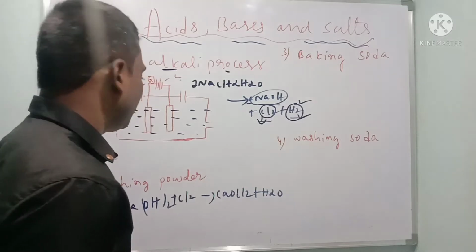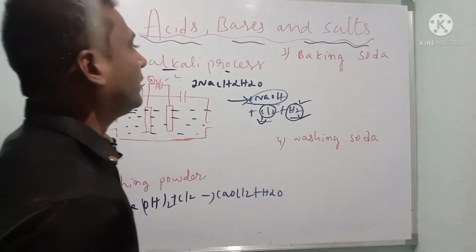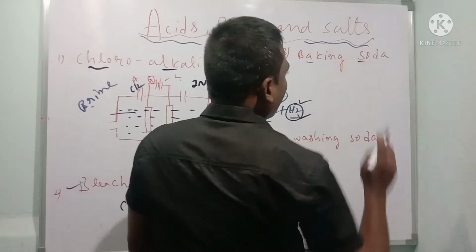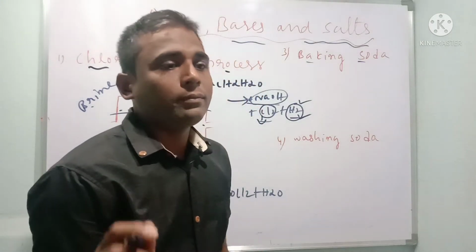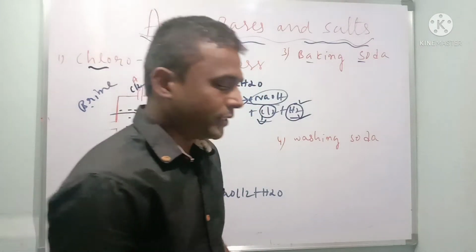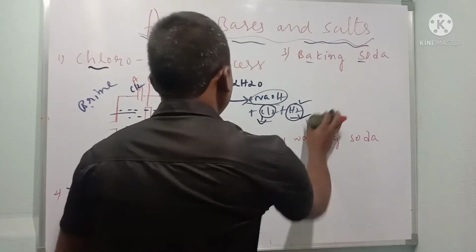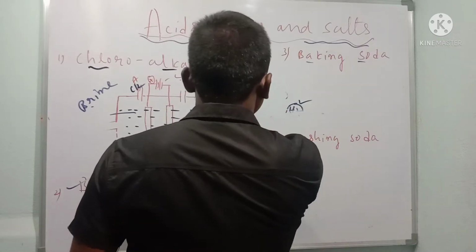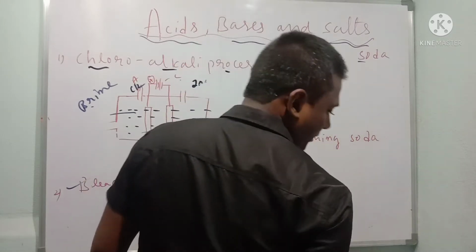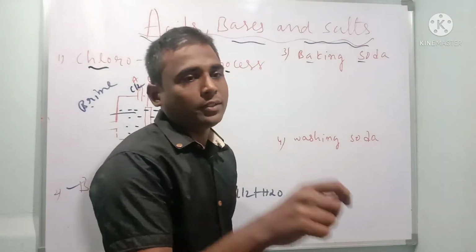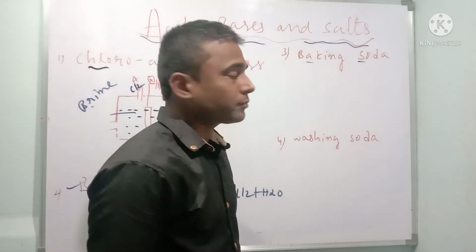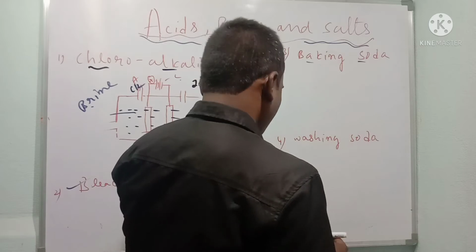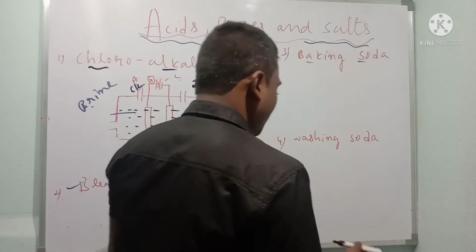Next we will move to the point, baking soda. Baking soda, children, means you remember a bakery. In a bakery, what are we going to have? Very simple: egg puffs, and we are going to have bread. Baking soda means what, children? It is very easy to understand.